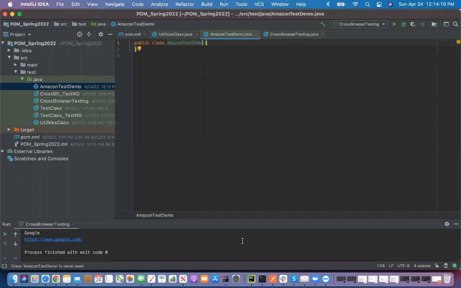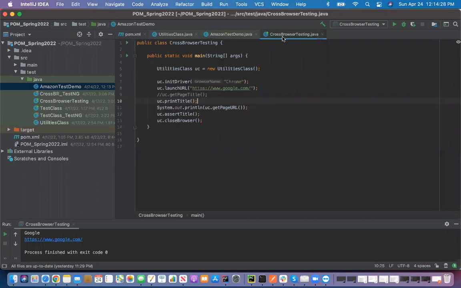In Java loop. So for WebDriver driver, right? You can call them already. Remember here you already